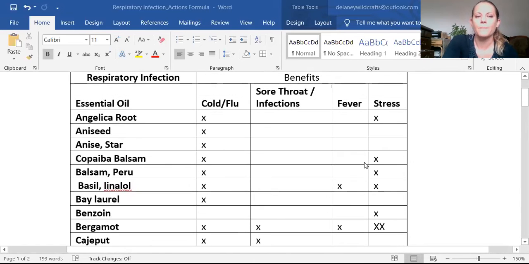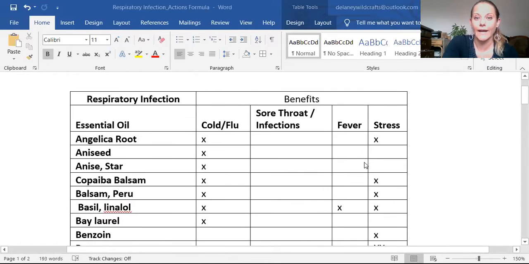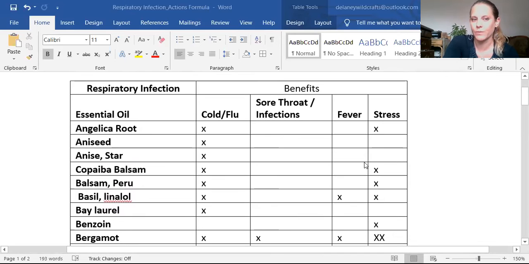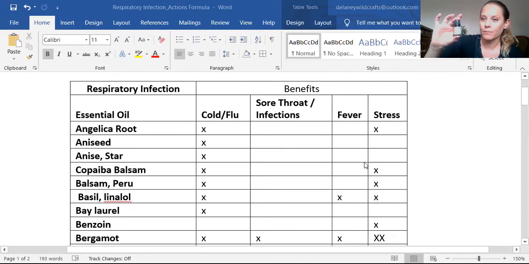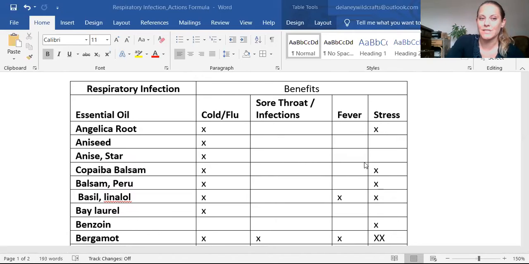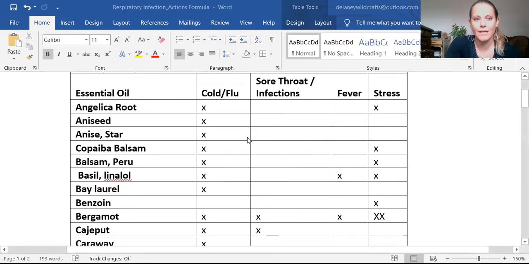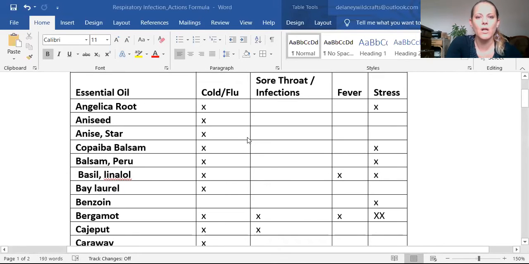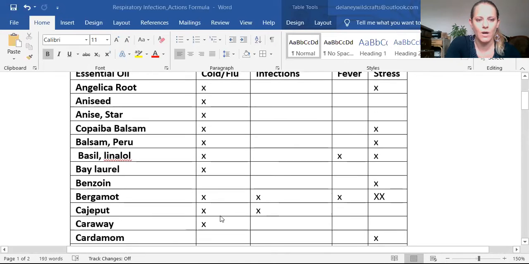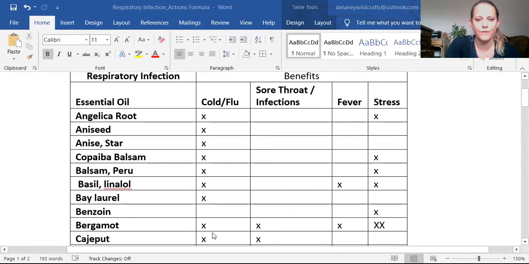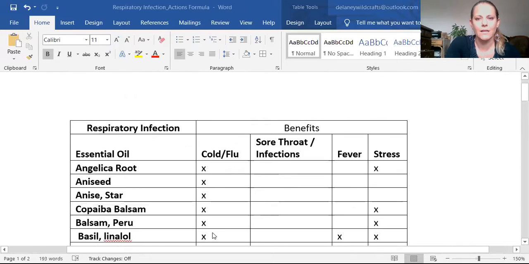So for my own blend that I have been making and using for people, my little magical bottle here, I have eucalyptus, thyme, tea tree, lemon, peppermint, and lavender. And you might see why if you look at this little diagram that I made. All of these oils that are marked in this column are going to be beneficial for colds and flu, right? And then all of the